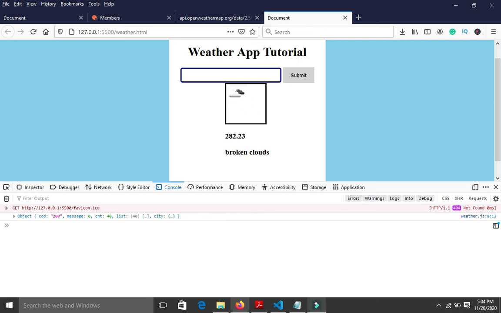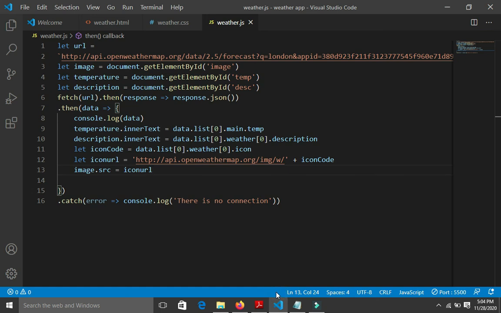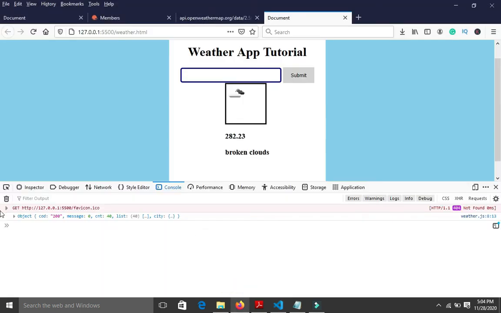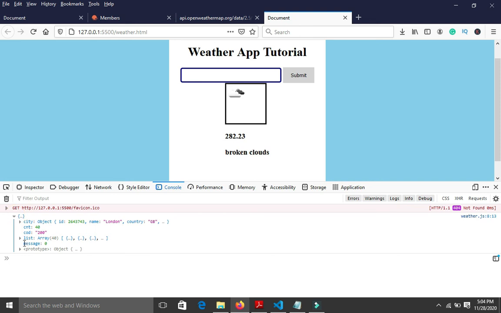As I said, I copied from this HTTP down to data. I brought it down here. So I changed the data to img slash w slash plus the icon code. And I know how I got the icon code. I have to say data.list. Data refers to the whole object. Now say .list. After that, I have to open the first object inside